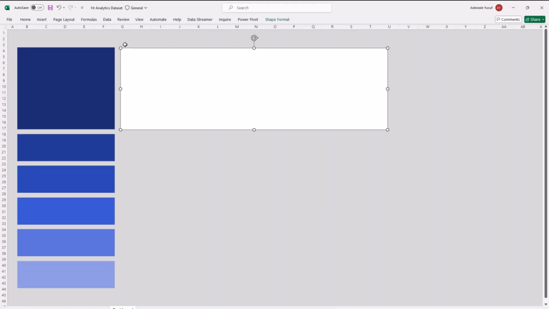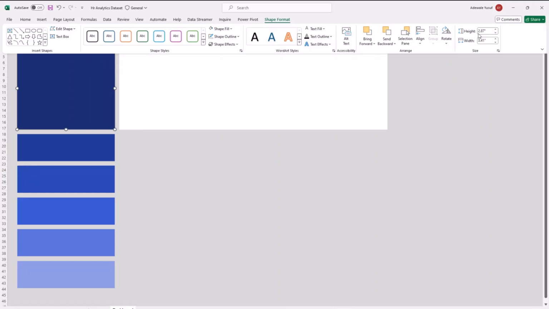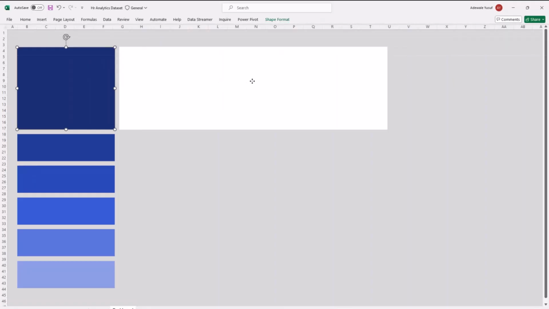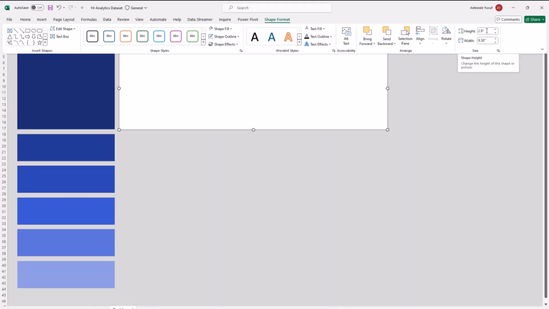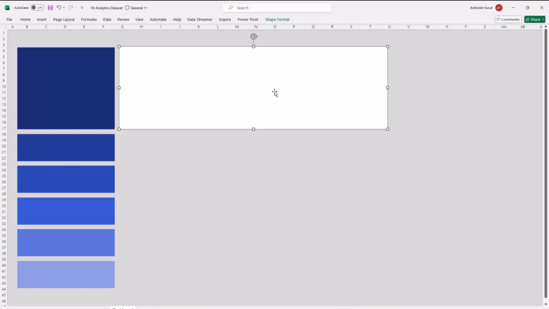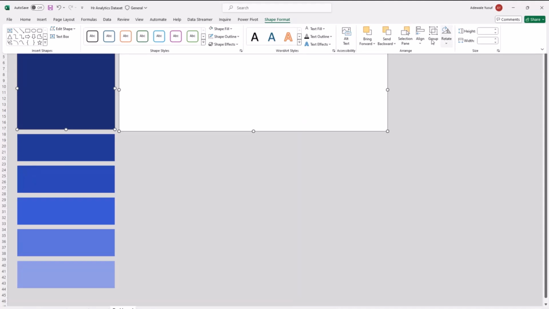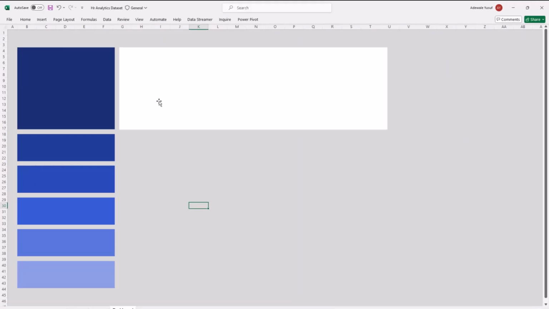Now, this makes sense. Another thing you should do is make use of alignment when you are drawing a shape. You can always select these two like this, and then go to shape format, and you see the size of them. Here in shape format, you see the height is 2.87. The height of this one is 2.9. So I can do 2.87, right? So they are the same size. And then once I do that, I'll select these two, go here, and do align and say align top. That way I know they are both on the same line, right?